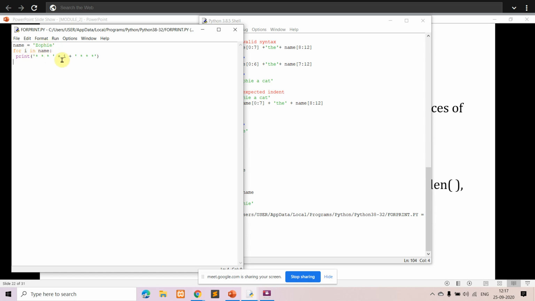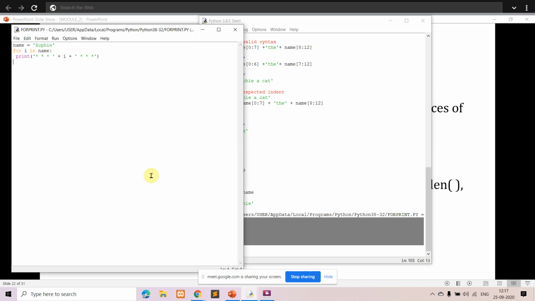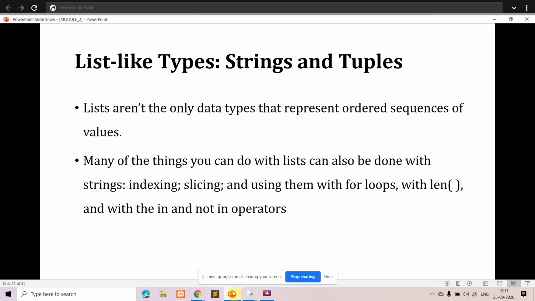Okay, so what is happening? You're just printing the value of i, in the sense i will be 0, 1, 2, like this it goes up to all the characters what is there in your list. Okay, so what happens? First z will be printed, then i value will be o, then i value will be p, like this. So that is how the result you have got here. So you'll be getting the result this way. This is how you can use the different for and operators, indexing and slicing with respect to list. Okay, and next we'll go to the next thing,